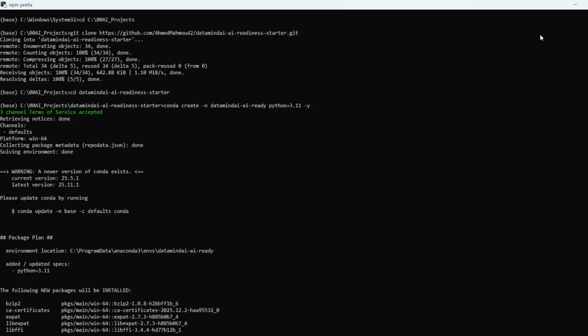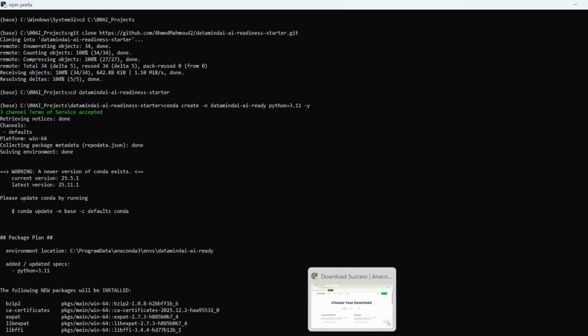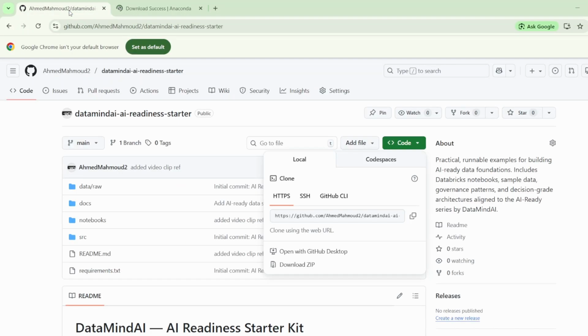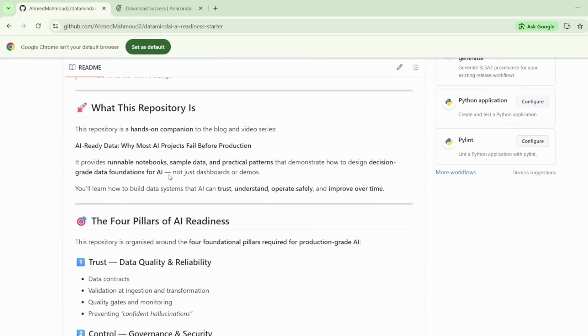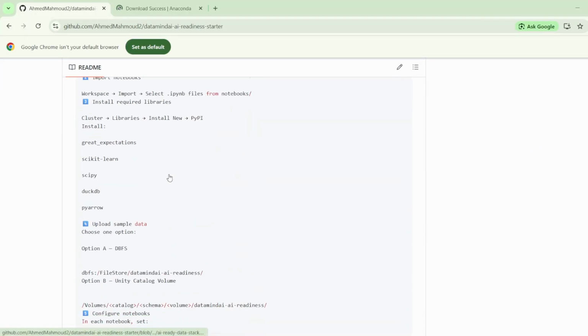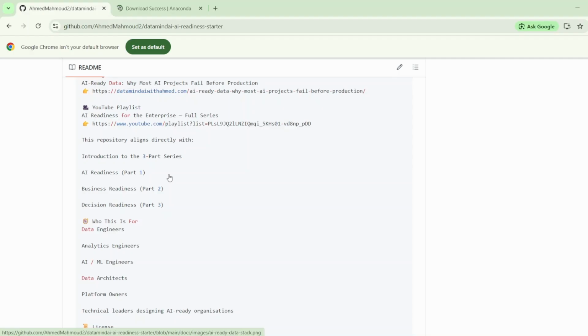and then once you open it and you find the version or make sure that it's been installed on the machine, what I've done is I have created a folder called 00 AI projects. So I cd to that folder. So I'm going to work there. And in that, I'm going to go to my GitHub and bring this URL. So if you go to the GitHub, we can find the code here. This is the GitHub with the DataMindAI AI-Readiness Starter repository. And you can see everything here, but you can bring whatever is in this